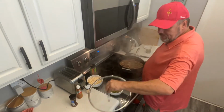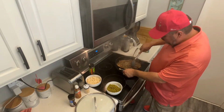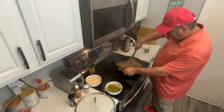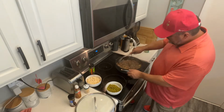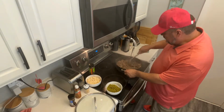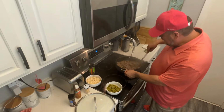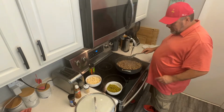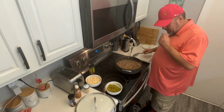All right. So as we brown this, we just kind of move it around a little bit. Make sure we get all those flavors mixed in. Now you're going to extract a lot of fat. That's okay. We're going to drain it here in a minute. But do let that meat cook all the way. All right, when we get to this point where the meat's about 75–80% done,